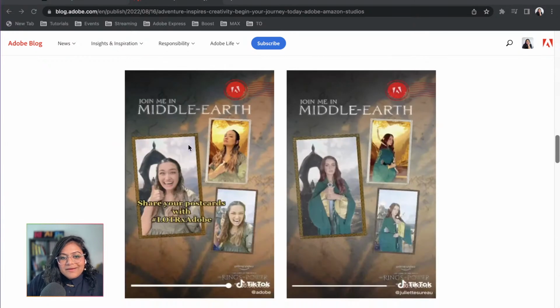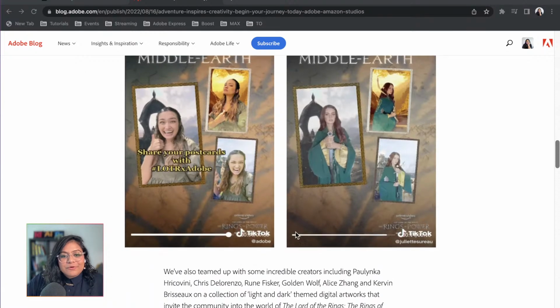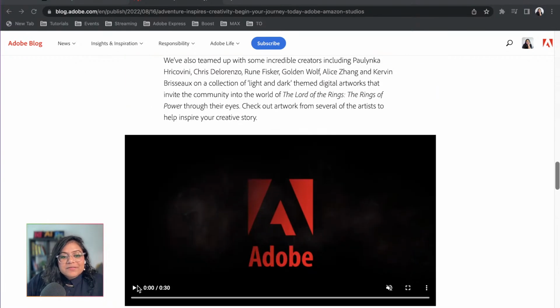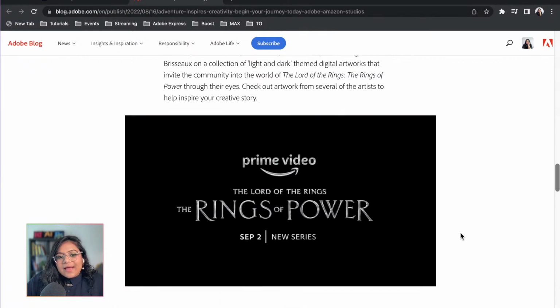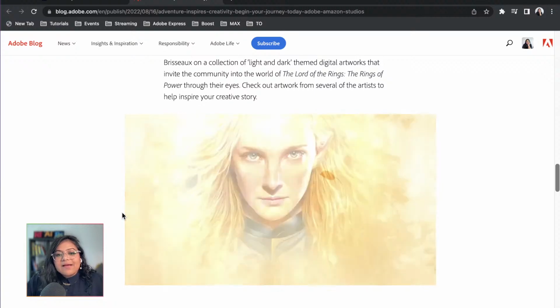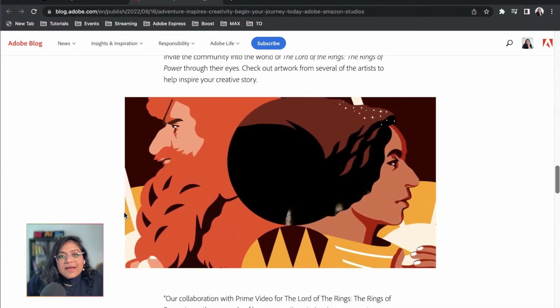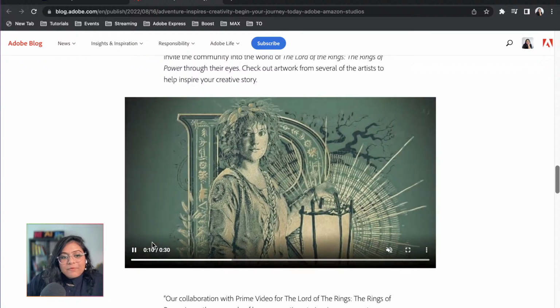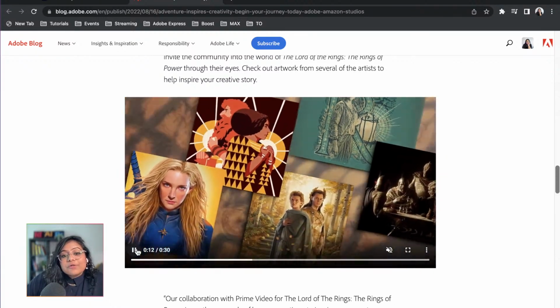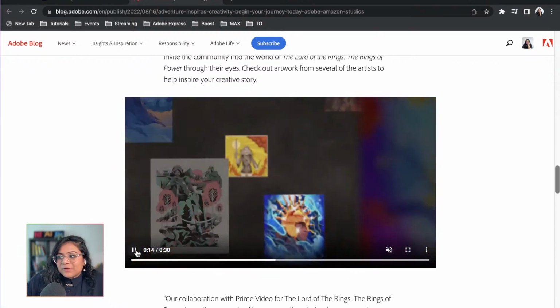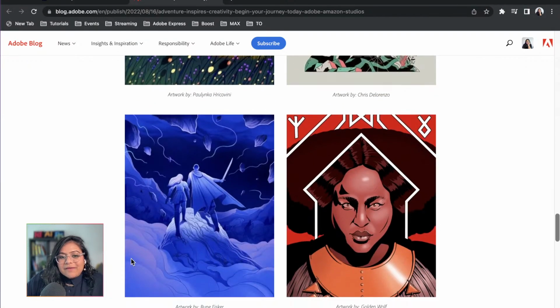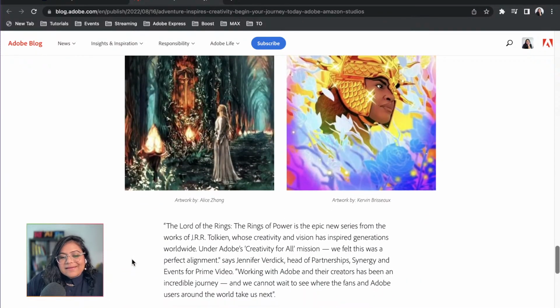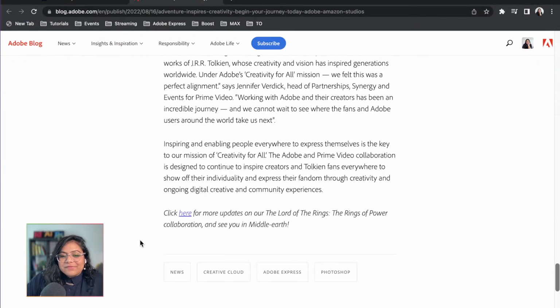There are some TikTok filters in here as well that I did not talk about yesterday, but be sure to click on those as well. There's also this fun thing. I wonder if I can play it. Yeah, no music, so it's all good. And this is just talking about the series, showing us the artwork that Adobe hired creatives to create for supporting the campaign. This also has stuff for the splash screen, so that's pretty cool as well. I'm going to scroll through and show you some of the artwork we have as well. I feel like this deserves all the credit. This is so cool. I love all of these.